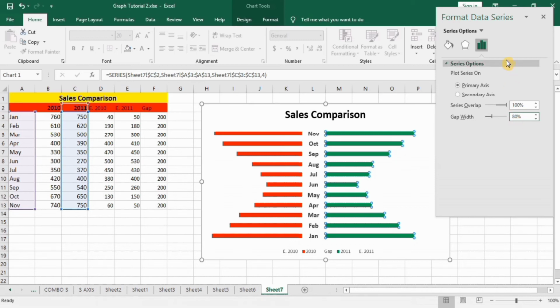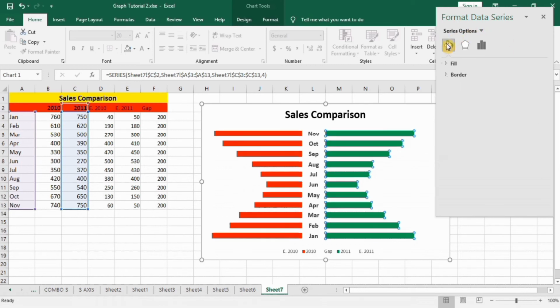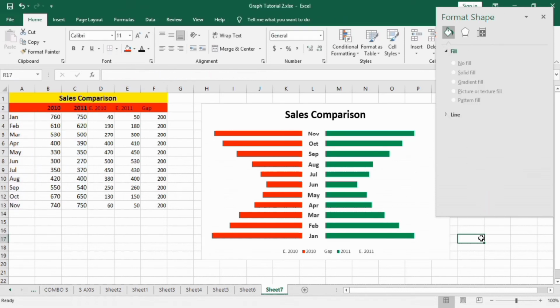If you want to change the color of this bar, you can use the fill and line option, and in the fill option you can change its color, and if you want to change the border color you can use this option. I will keep this color. You can see that its width has changed now.